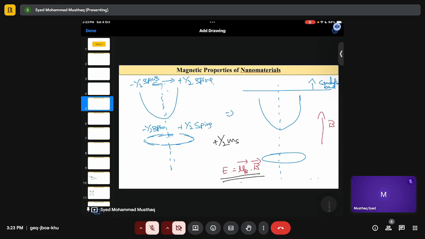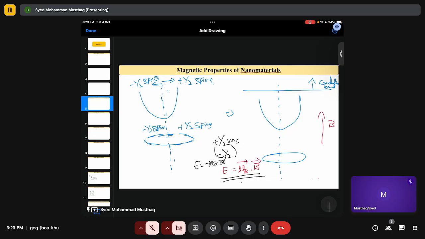Now what about if I have a negative spin, minus half spin? Then my energy E will be minus mu B dot B. Why? Because I have minus half there. It's not a plus half. The MS value will be minus half. Then my energy value will have a negative value. Right? So if I apply a magnetic field,